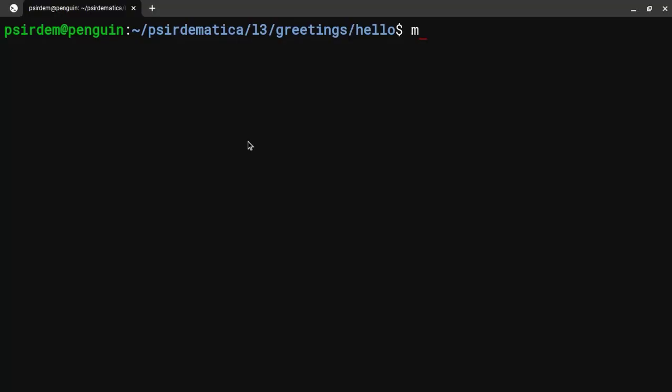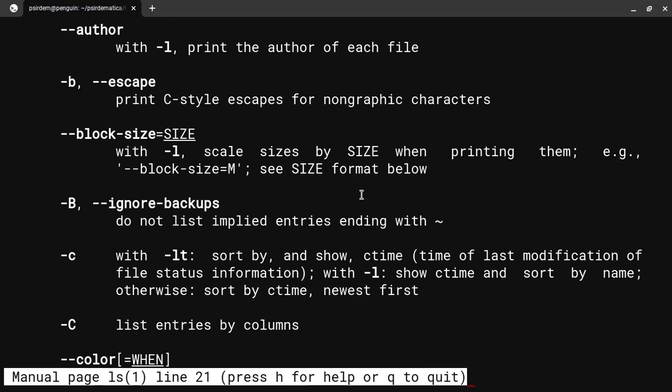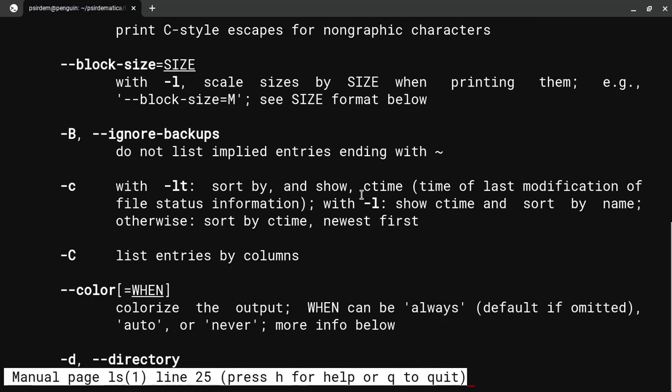So let's see. If I do man ls, you see that it shows me the command, the ls, that's list directory content, and then the synopsis, how you can use it. So ls with the option and then the file you want. And then the description, it gives you everything. So you can use space to move page by page, or use enter to move line by line inside the